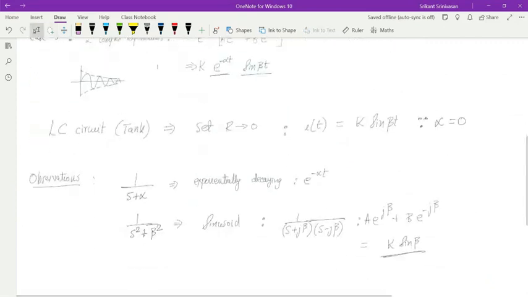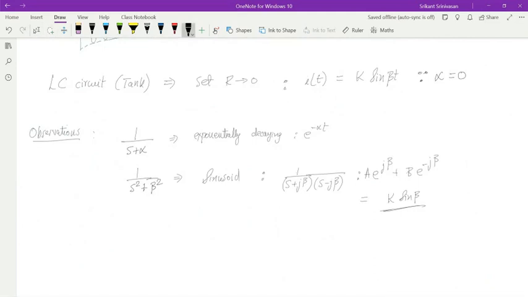In the overdamped case, what we had is something like 1 over (s minus alpha) squared. So this is like the overdamped case. Sorry, not overdamped, this is the critically damped case, and here the response is t times e power minus alpha t. Should write this as plus alpha.